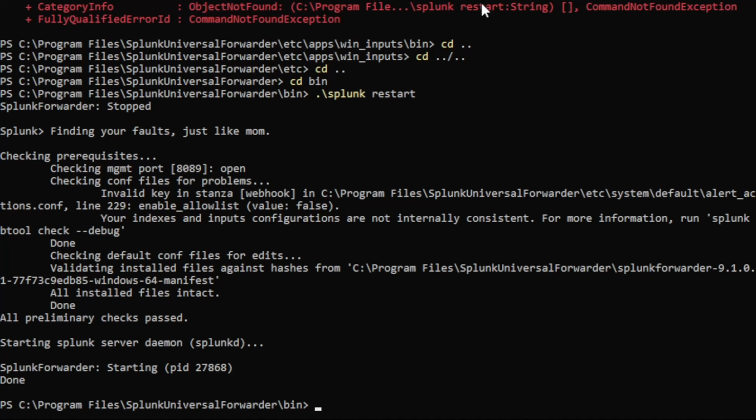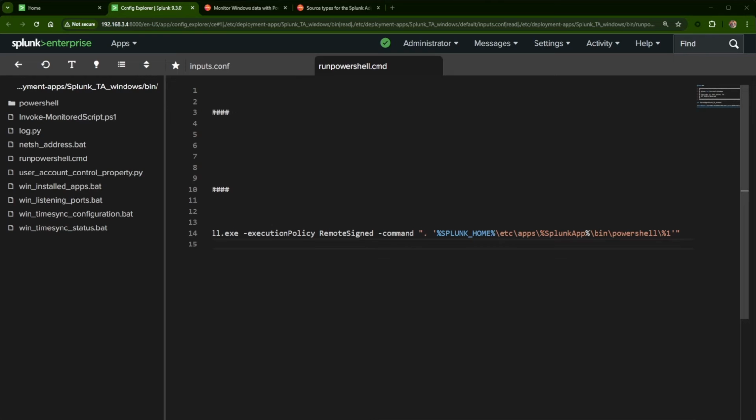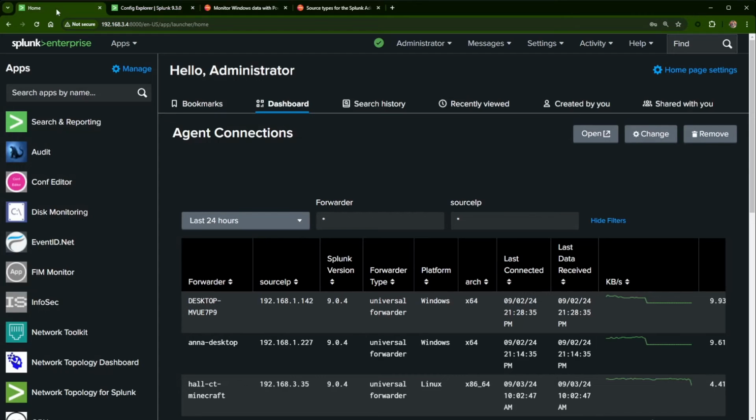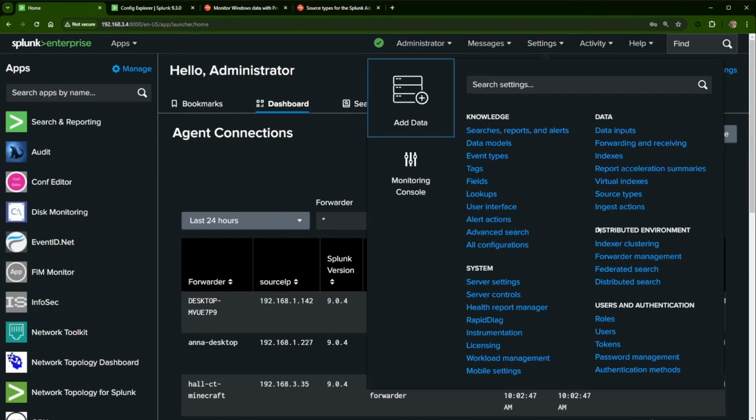Like I said, I'm not touching the deployment server yet. Once I get this all figured out, I could then go update my deployment server to match what I've done here. Let's jump over to my Splunk web, go to home, and I'll show you that if I go to settings and then indexes,